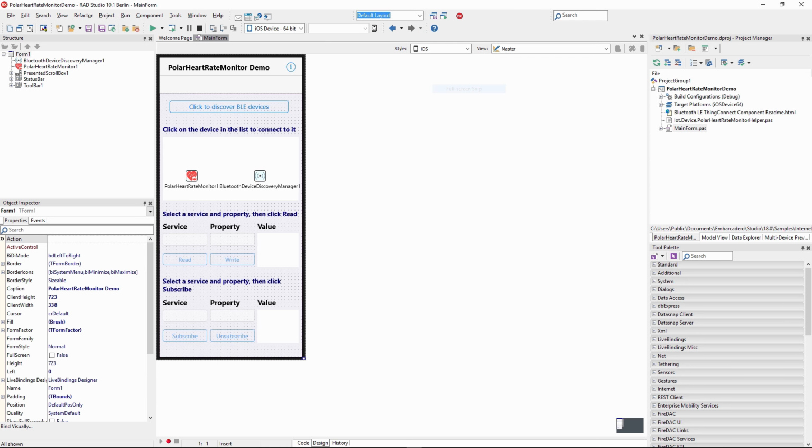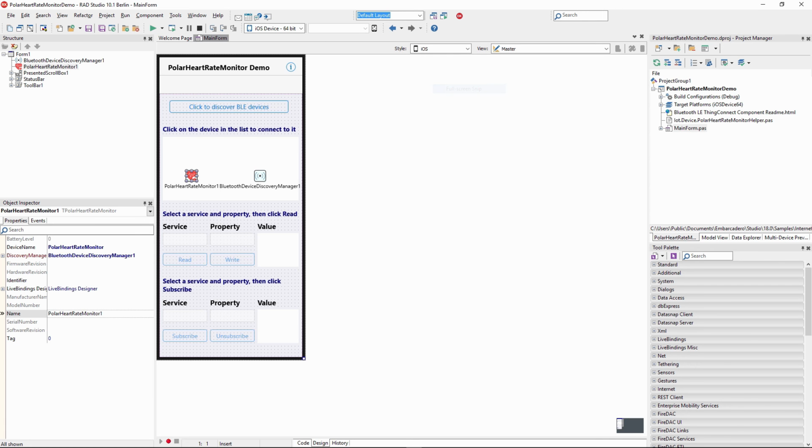And now it's loaded up the sample program that was also available and downloaded as part of the components. We have down here a couple of components. One is the Polar heart rate monitor specifically, and the Bluetooth Discovery Manager. So the heart rate monitor component is type TPolarHeartRateMonitor. It has a device name and other properties that we can use as part of working with this heart